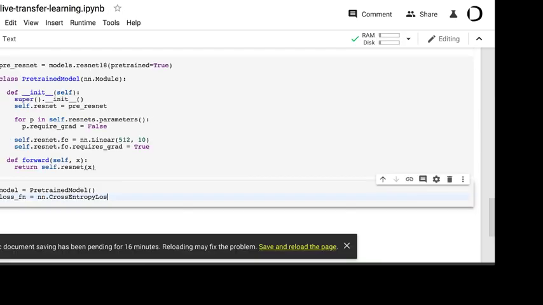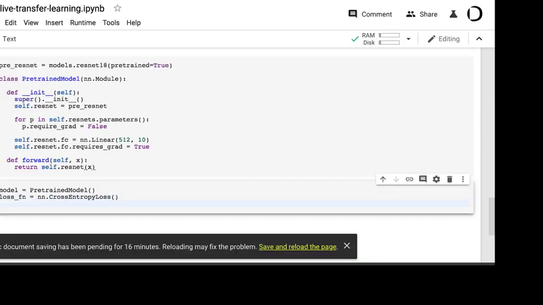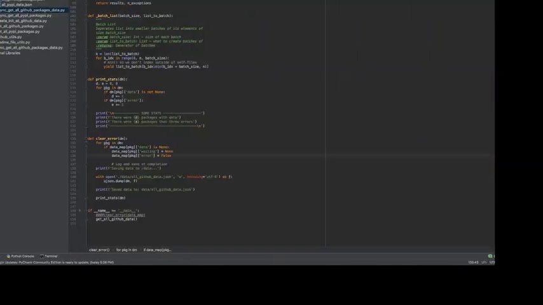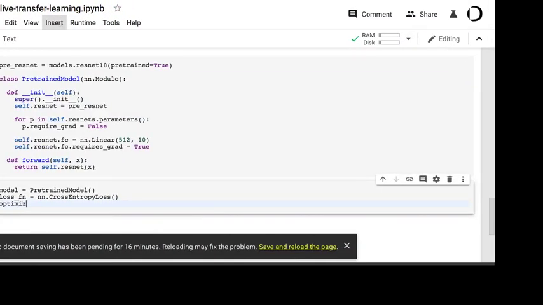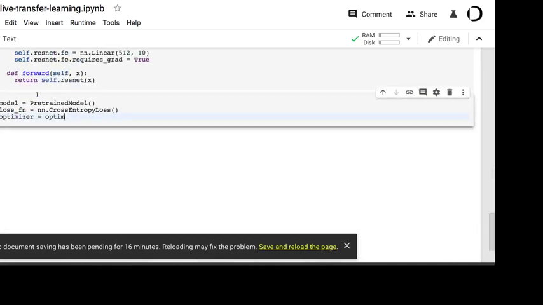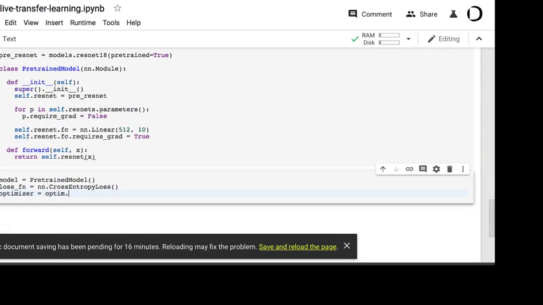Yes. Okay. And then our optimizer is going to be equal to optim. Did we import that? Yes. So this is going to be optim.Adam, and then we're going to pass in our model.parameters, and then our learning rate is going to equal